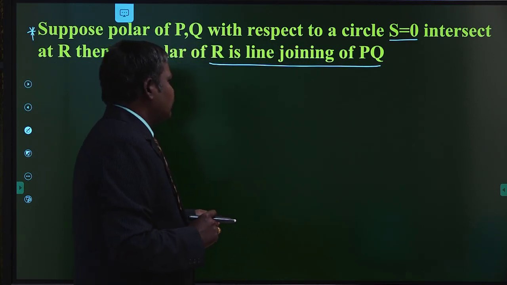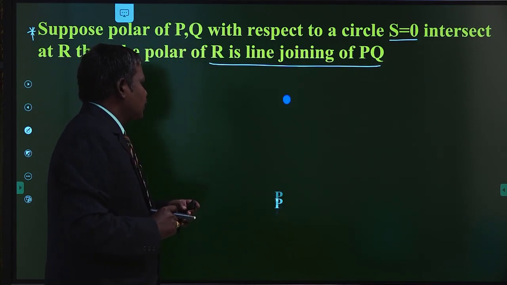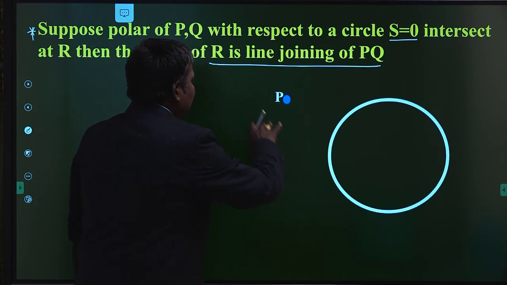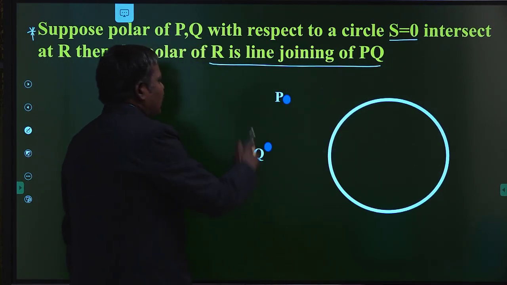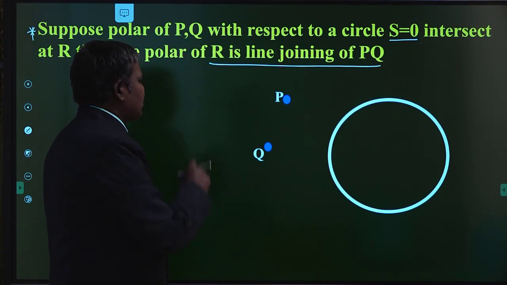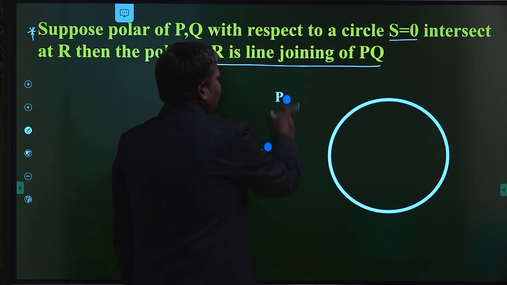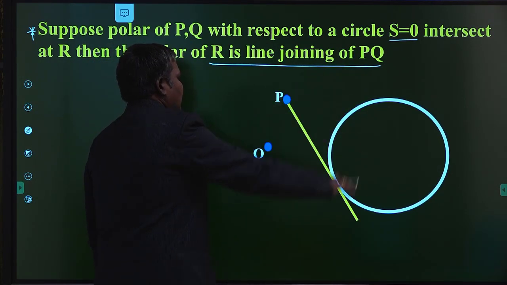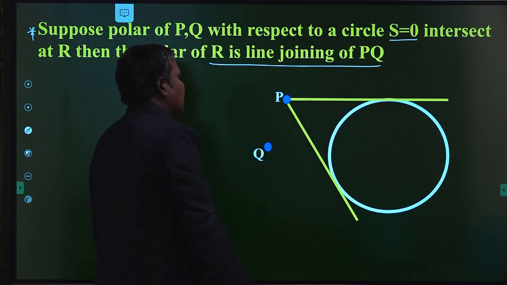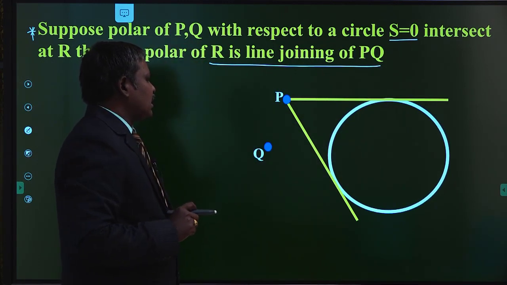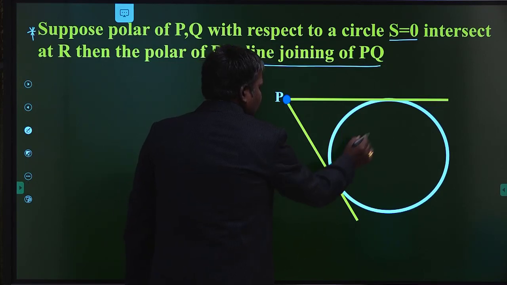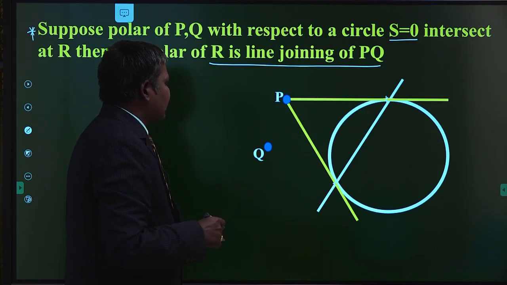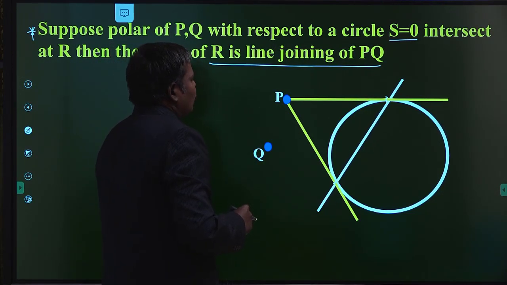Very interesting result here. This is the point P. This is the another point Q as shown in this figure. This is my circle. I would like to draw the polars of P, Q with respect to the circle here. So I am taking the point outside the circle. So the polar becomes what now? Chord of contact. See here, draw the tangents. This is one of the tangents. This is the another tangent drawn from P to the circle. These are the two points of contact of the tangents. So the line joining the two points of contact is nothing but your chord of contact. This is your polar of point P with respect to the circle.